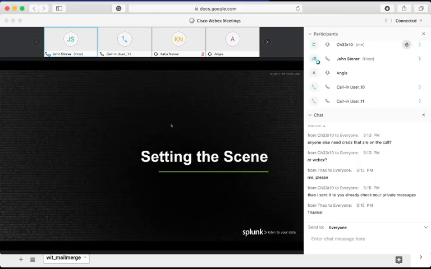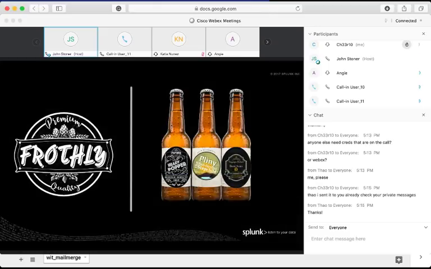All right, so let's set the scene here real quick. The organization that we are protecting today, that we work for, is called Frothly. Frothly itself is an organization based out in San Francisco, quite near the Splunk office. It is a beer yeast creator and seller of fine, very similar kinds of beers out there. So if you've heard of Pliny the Stepchild, that is a beer that we create along with a couple of